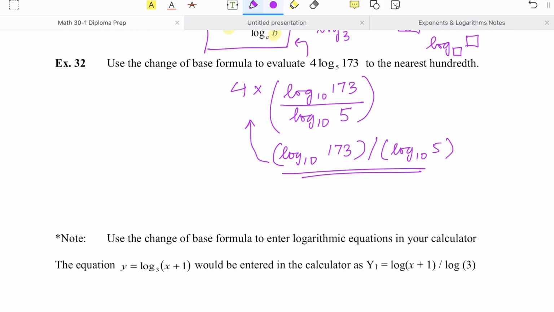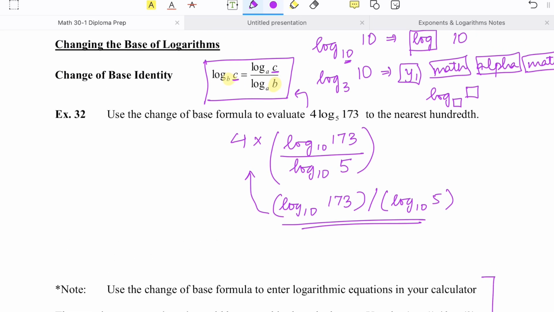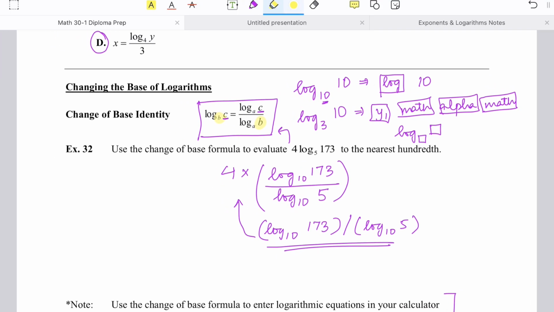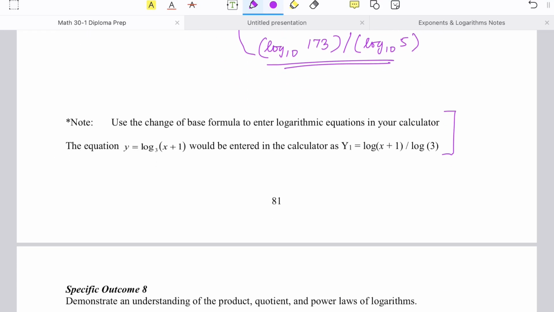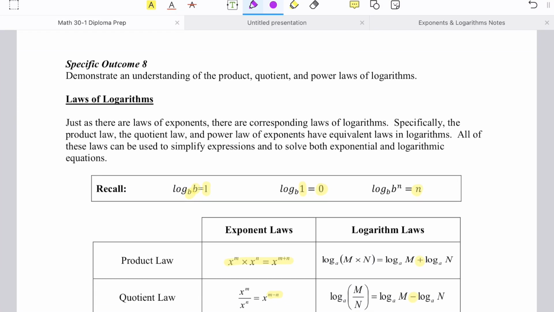Okay, same information is provided here. How can you put it in the calculator? And you can check your work by using Math Alpha Math. Okay, we'll talk about laws